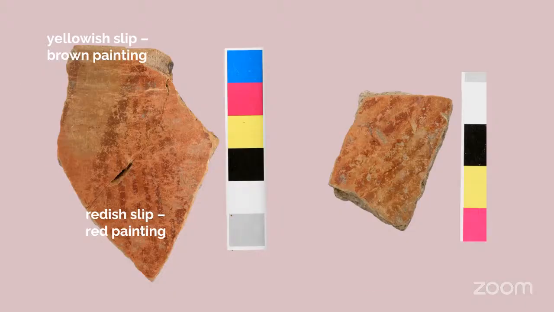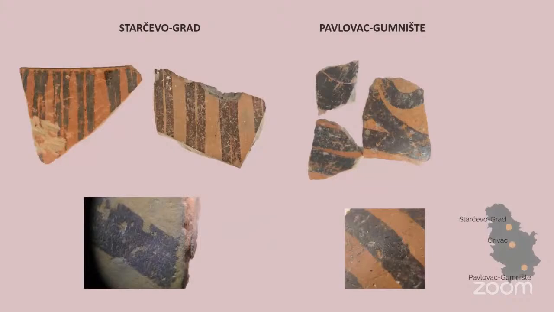And I have to say that this brown color is not the same brown that was used in some other sites like Starszy Grad or Pavlovec Moniszta that I also analyzed, that are a bit later, because the color on these sites is of different texture. It's thicker, of thicker consistency, and it never changes hues to these red colors, even in pieces that are secondary burned. So I think it's the use of different pigments.